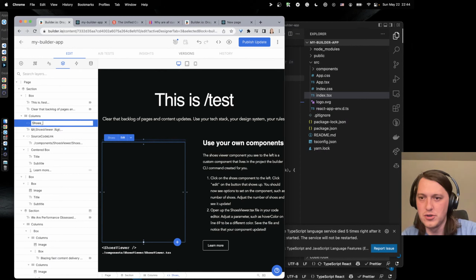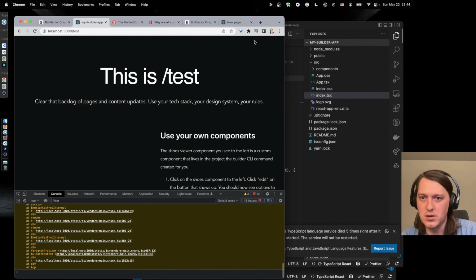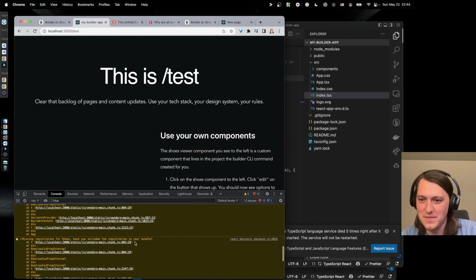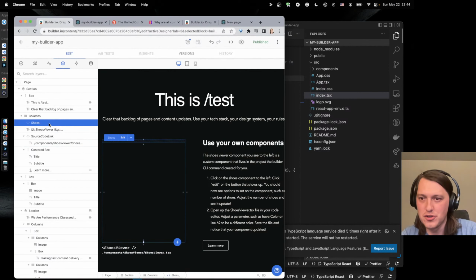So if I do shoes here, press publish, will it work? No. Missing registration. So still looking for shoe.